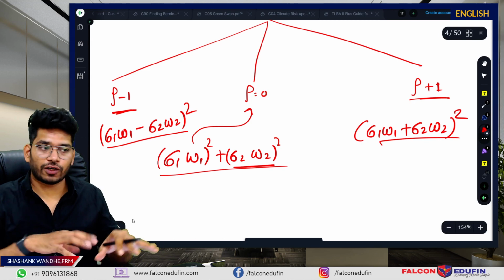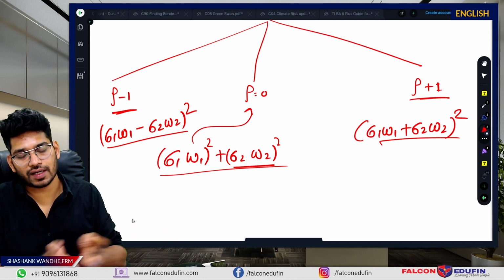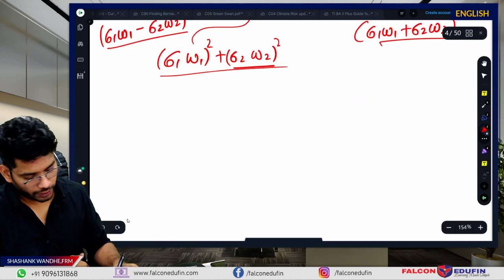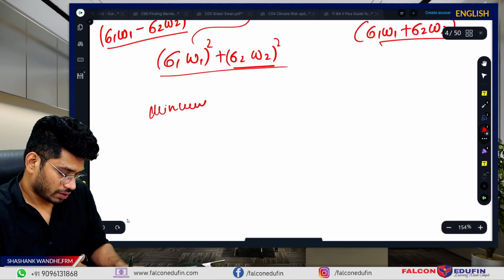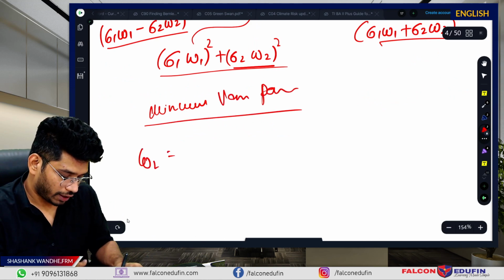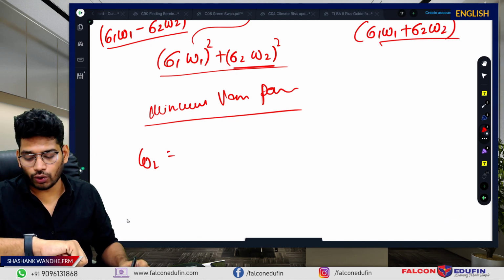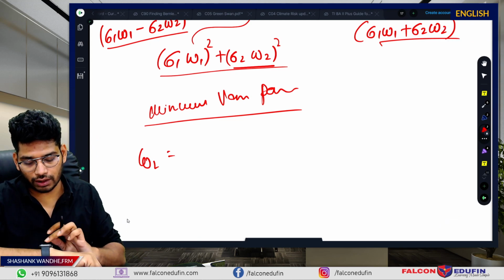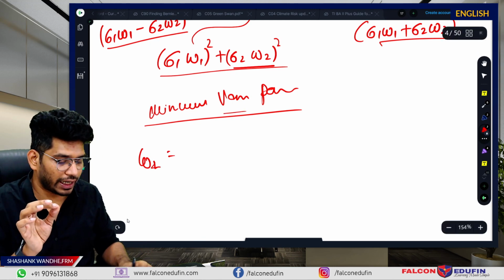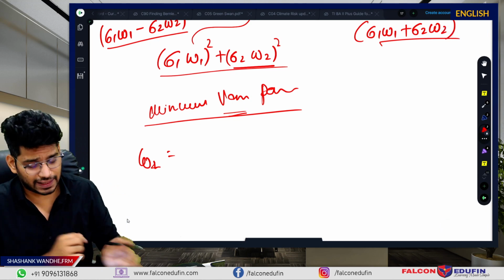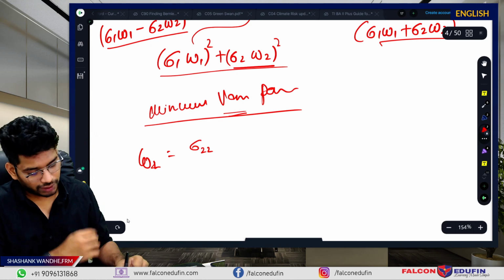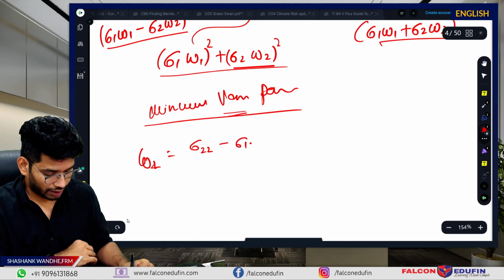I hope you got the idea of what is going to happen. Again, this is a repeated discussion, just a revision for you. There is one particular formula for the minimum variance portfolio. So for the weight of the second asset, again, I told you, this is about the bivariate, that is a two variables discussion. If you want to create a minimum variance portfolio where the variance is the least, then the formula is given here. You will never use this, as far as I think.